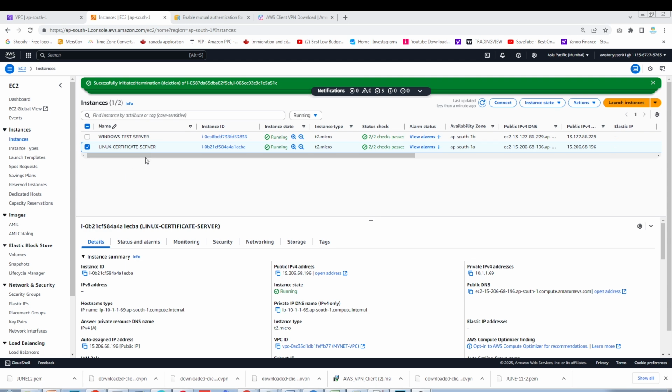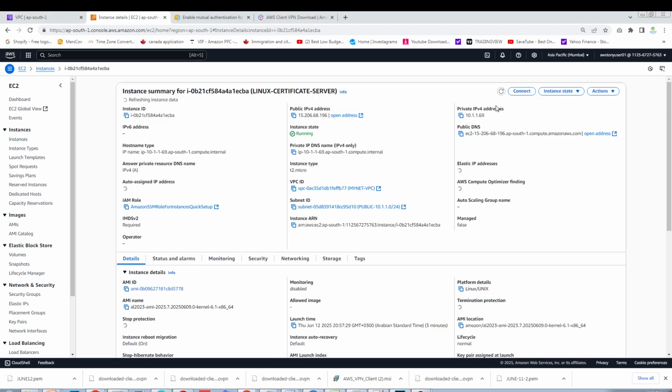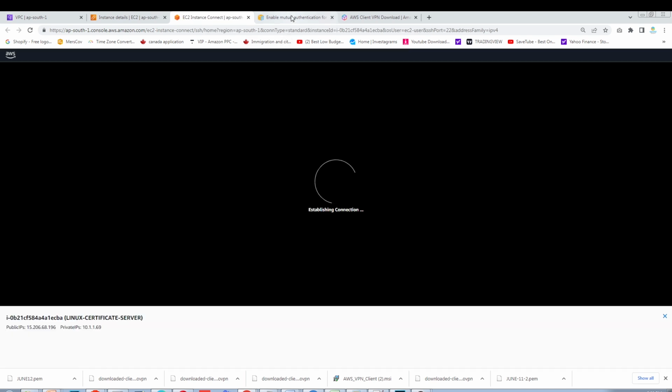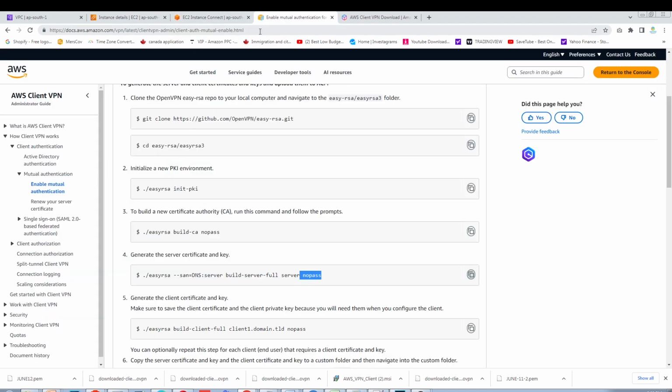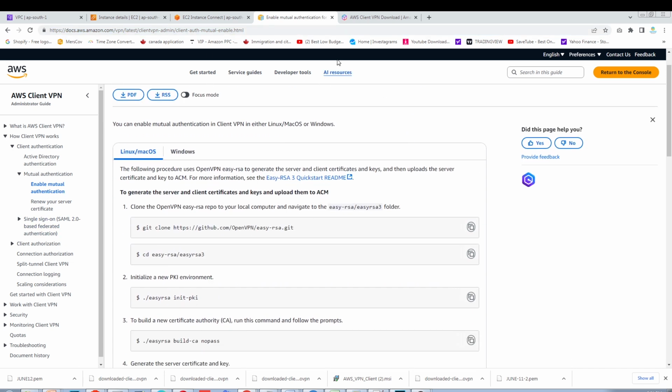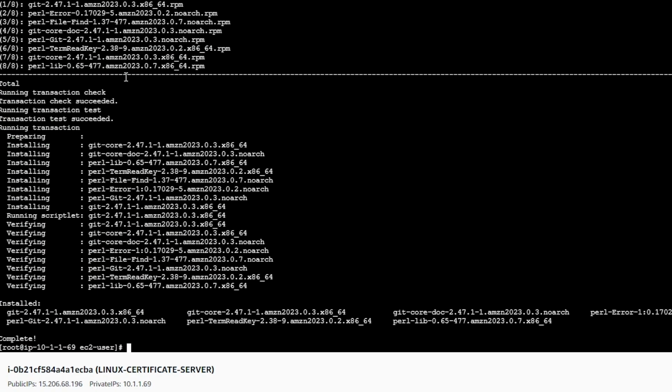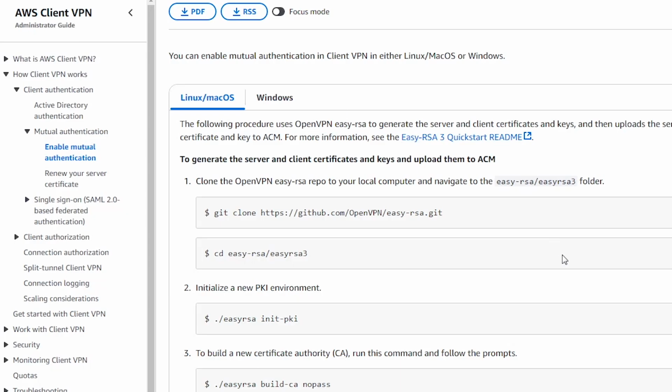Okay, let's start to configure the Linux certificate server. So let's connect. Click connect, then connect. Then you need this document. You just find this link on the internet and then go to enable mutual authentication, and then we will follow this. But before that, we have to run a command to install. We need to install the server, and the command is sudo su, and then yum install git, enter, then press yes. Okay, and then we will copy this, paste,